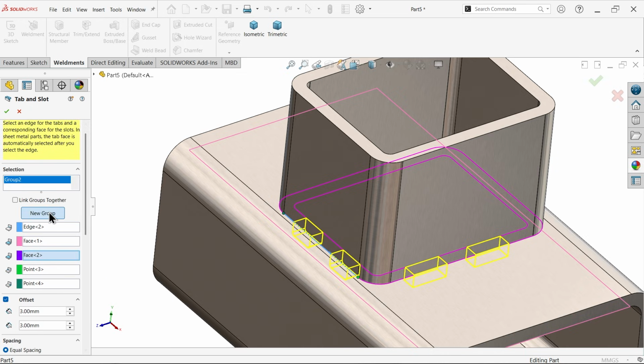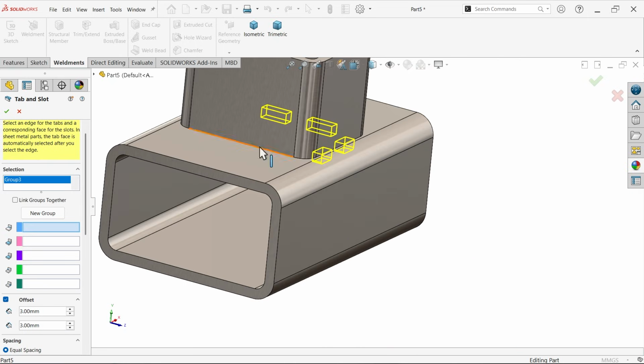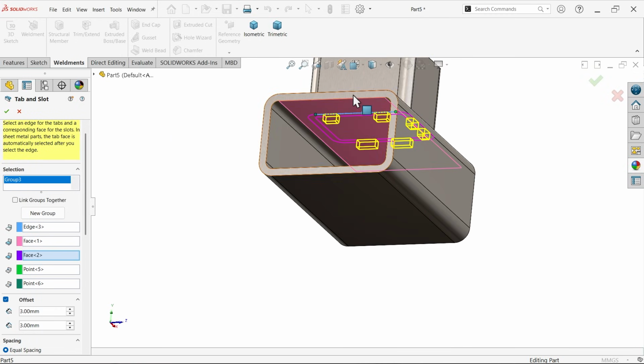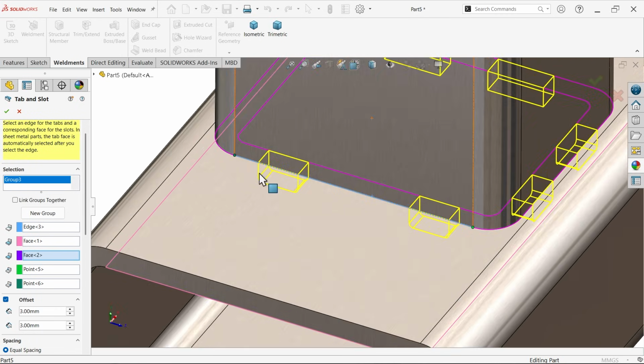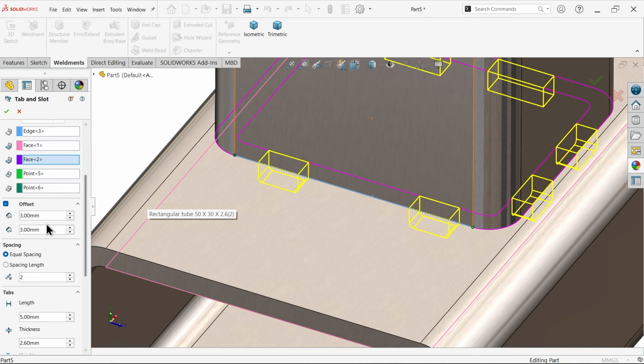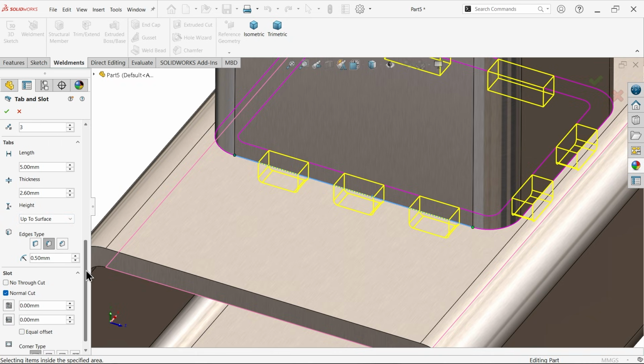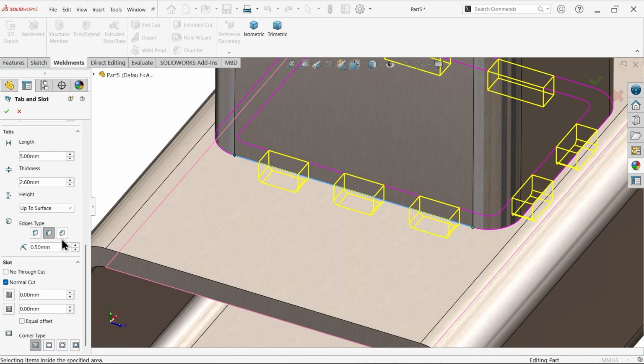Again new group, come here. Okay, face, bottom. Okay, 3, make instances 3, fine. Okay, the length we will keep the same. Now this time chamfer. Okay, make the chamfer 1 millimeter, and here at the slot option, you can choose the corner type, let's say fillet,